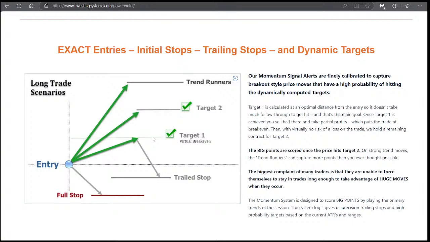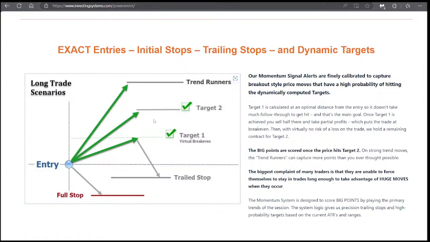Immediately upon hitting target one, this initial stop, or whatever the initial stop is going to be, will trail up 4 points below the entry so that the trade's at break even. And that's basically one of the little pieces of the puzzle that provides the statistical edge. We are looking to get trades to break even quickly, and then the idea is that if the price action in the market continues to trend in our favor like it is today, it'll hit the second target,